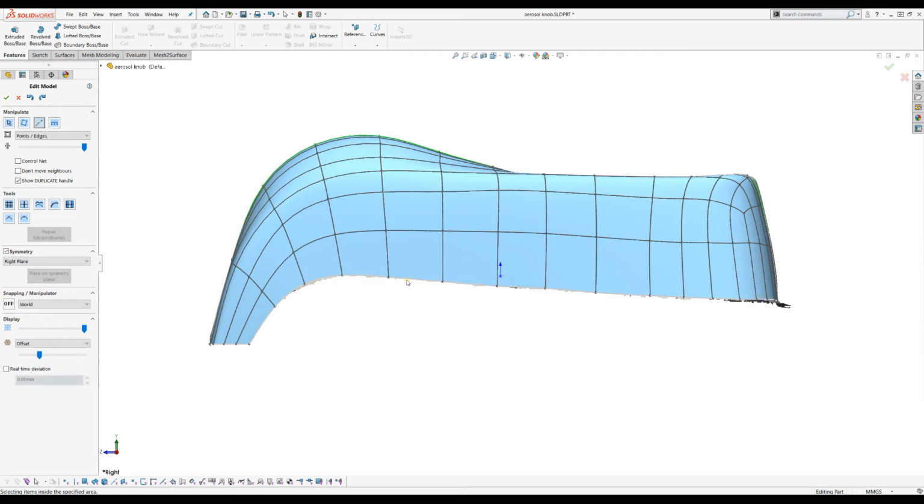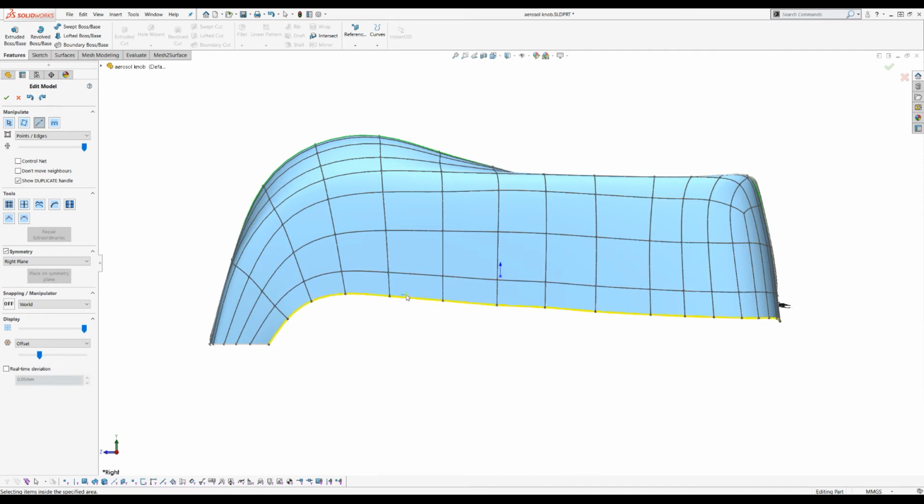The Extrapolate command, you don't need to pre-select the whole boundary, you just highlight an edge. And when you start dragging, it duplicates the edge, but the direction where it moves is actually defined by the edges that construct my shape. As you can see now, when I moved, it actually moved into the direction which is continuous. I will just do the same here on this side. Now I have extended my surface to the level which is suitable for the trimming,